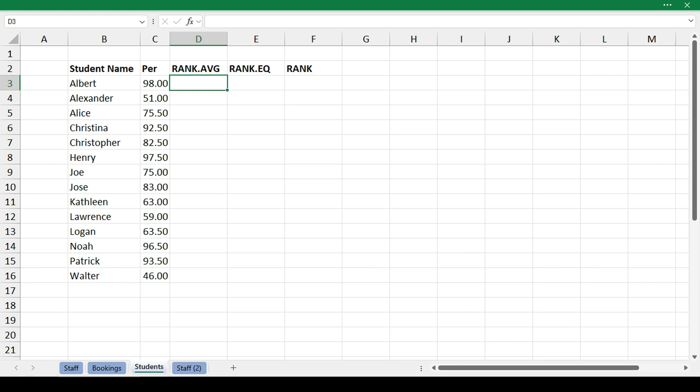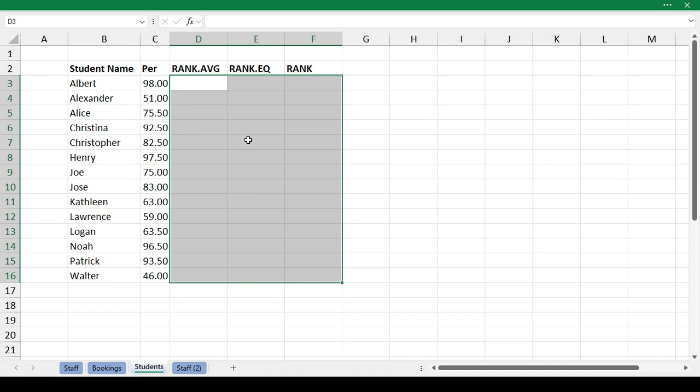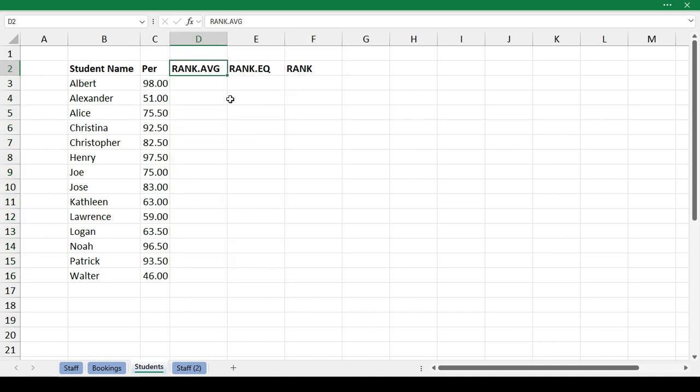How to calculate ranks in Excel. Let's see with an example. Here we have students data, we have student name and percentage, and here we want to calculate ranks using these three functions. So if we talk about RANK.AVG,